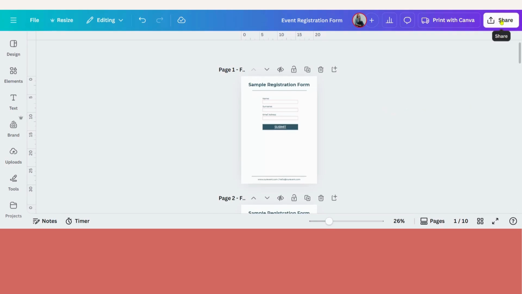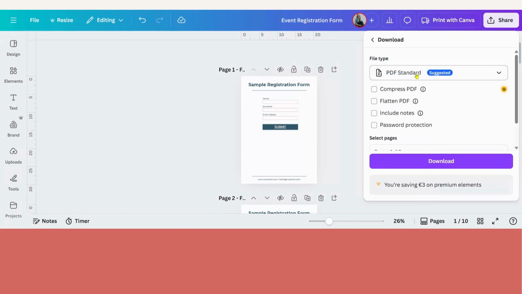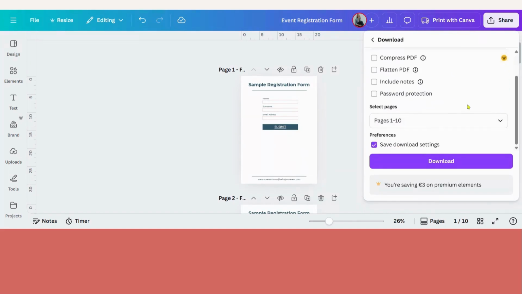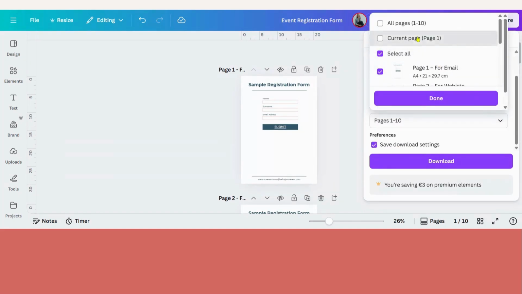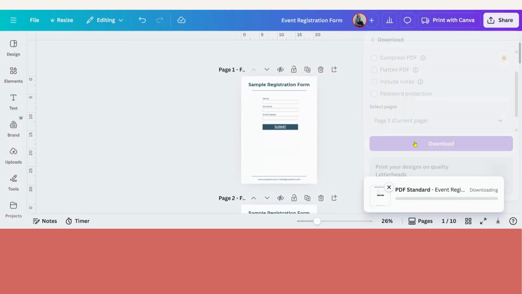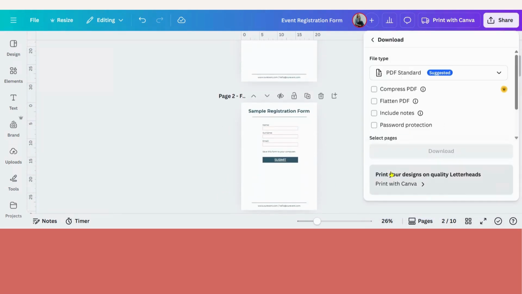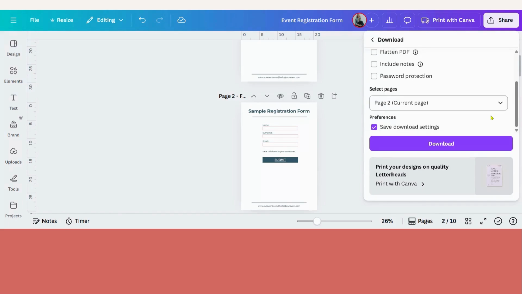To export your file, we have to save it as a PDF or your clickable button won't work. So click Share, Download, choose PDF Standard, and remember to choose your page. PDF Print also works, but Standard keeps the file size manageable. I will do this now for all 3 submission pages that we have used so far in this tutorial.